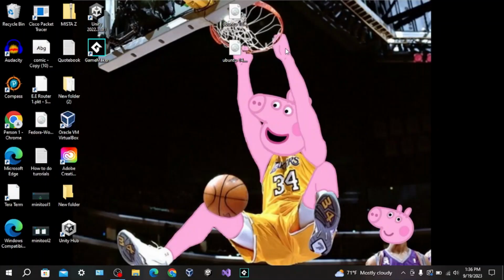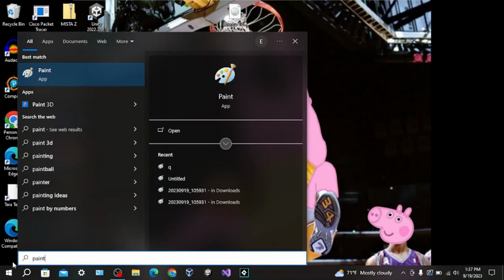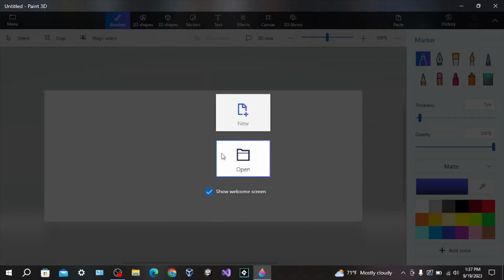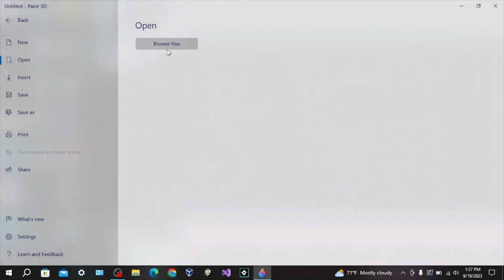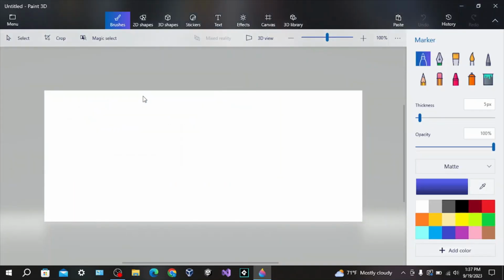Okay. First step, you're going to want to take a picture of you on the green screen and move that to your Windows device. Next, you're going to want to open Paint 3D. Next, you want to press Open and press Browse Files and select the file that you want. After a second, it should open